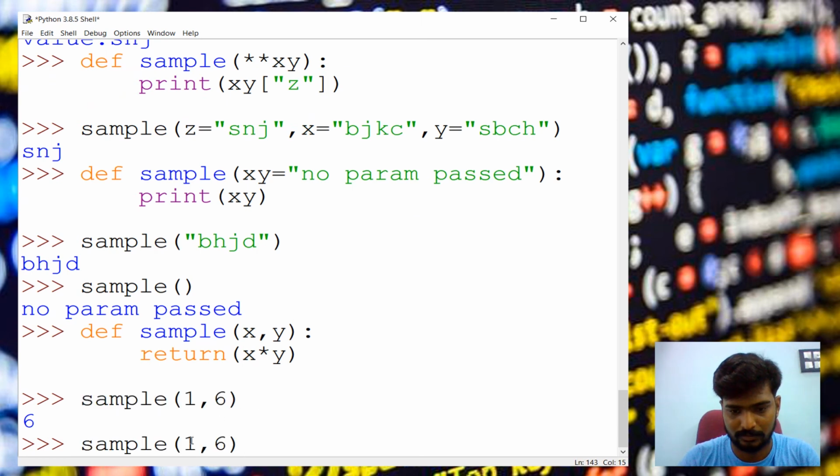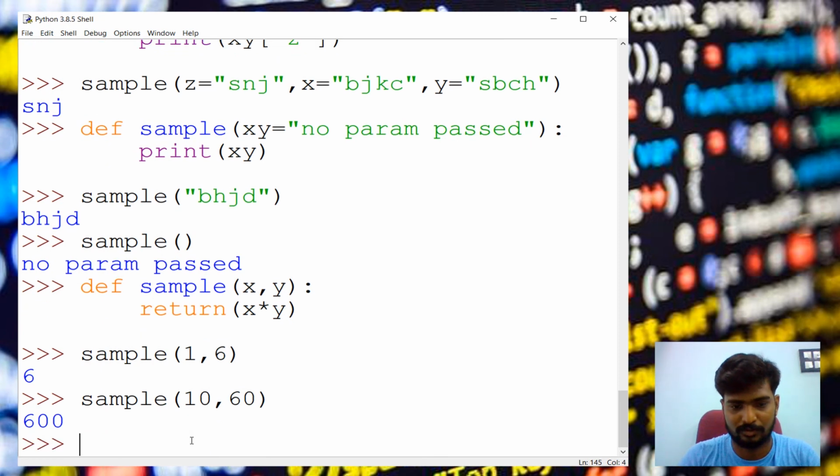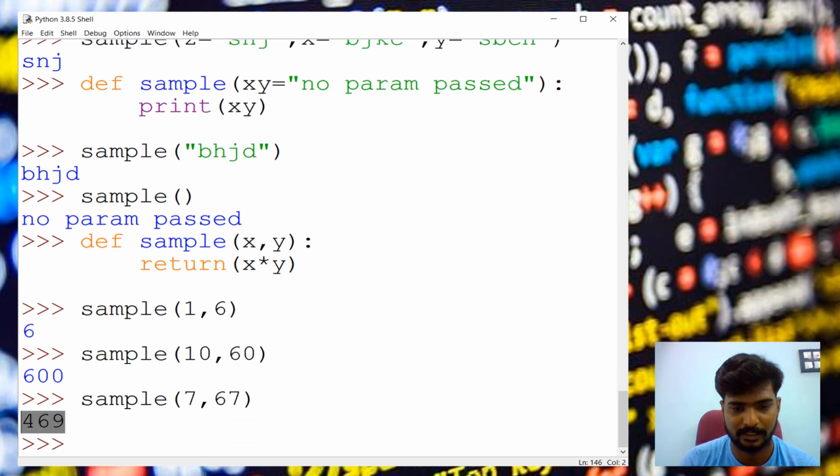We can call 10 comma 60, the value is 600. I'm giving simple numbers for multiplication because it's easy for me. We can give complex numbers also, because I'm not doing the multiplication, the system is doing it. Or we can use it for addition by changing the symbol.